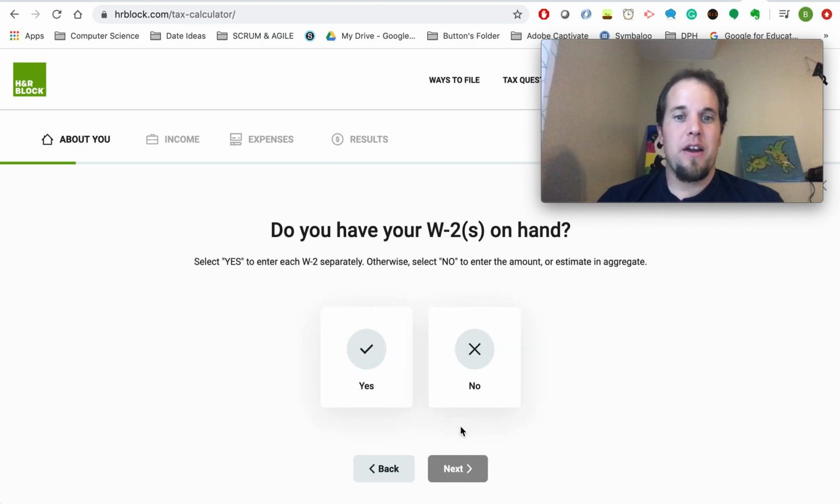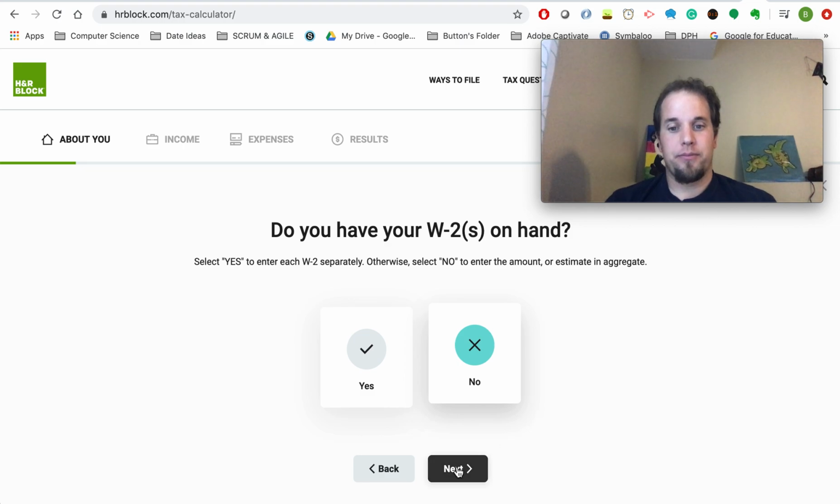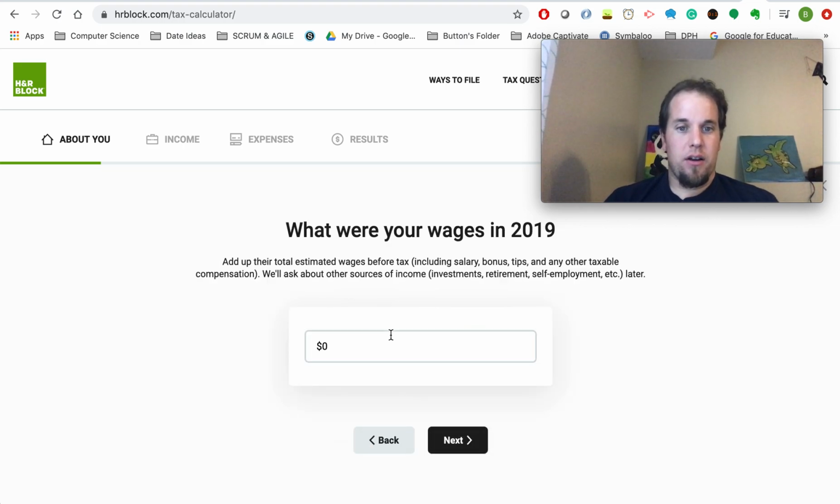So 22. Do you have a W-2 on hand? Now, we're going to say no because we're going to enter the numbers in ourselves. If we put yes, it would probably give us an option to put in our FEIN number. That number each employee has in the United States to identify that you're legally able to work in the United States. So we're going to click no and next. What were your wages in 2019? Now, we're taking the wages as if taxes have not been taken out yet. So your yearly salary,